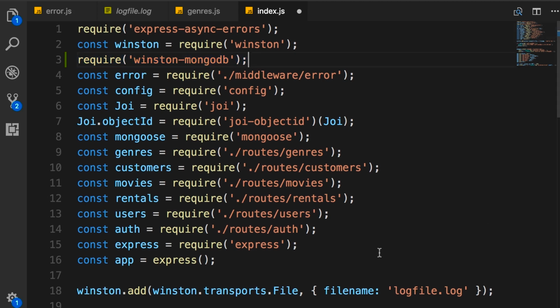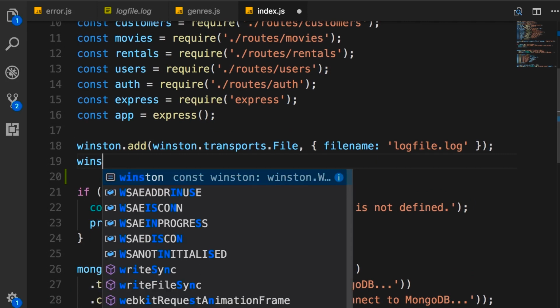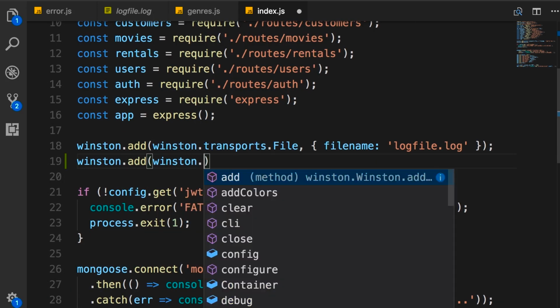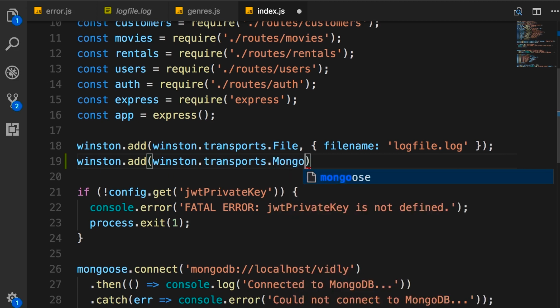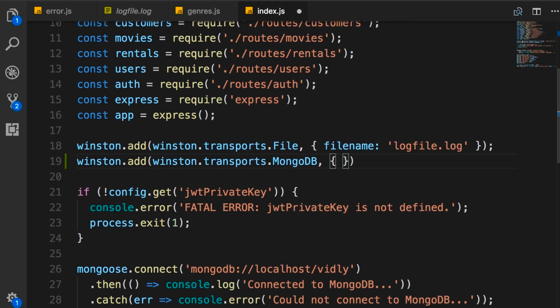Okay. With this, we can come here and call Winston.add Winston.transports.mongodb. We pass an options object. There are a few properties here that you can look in the documentation. The one that you need to set is db. So we set this to the connection string of our database. mongodb: